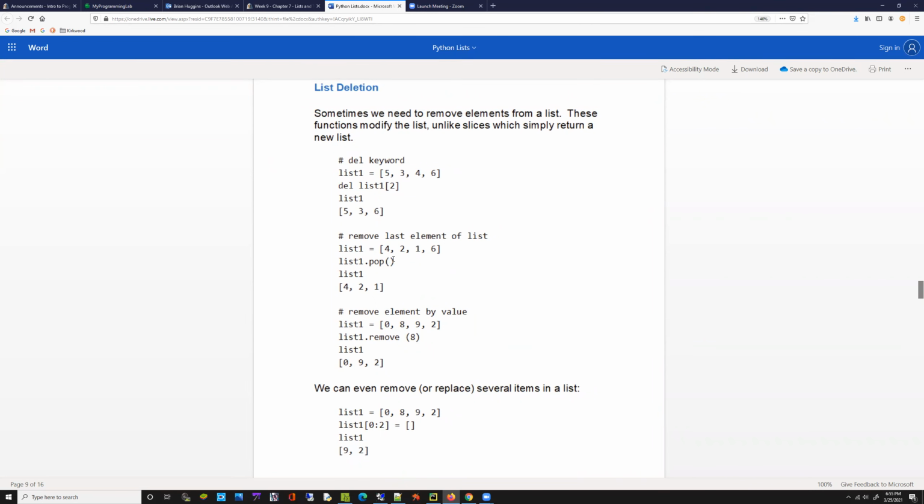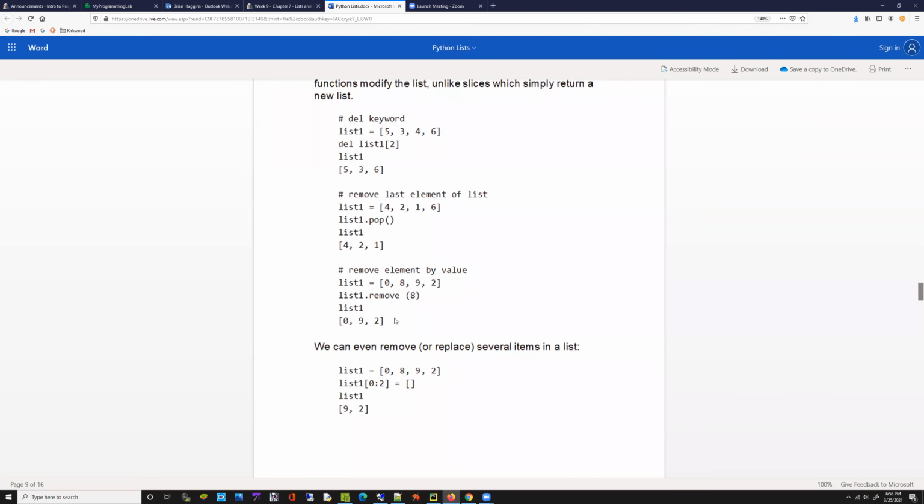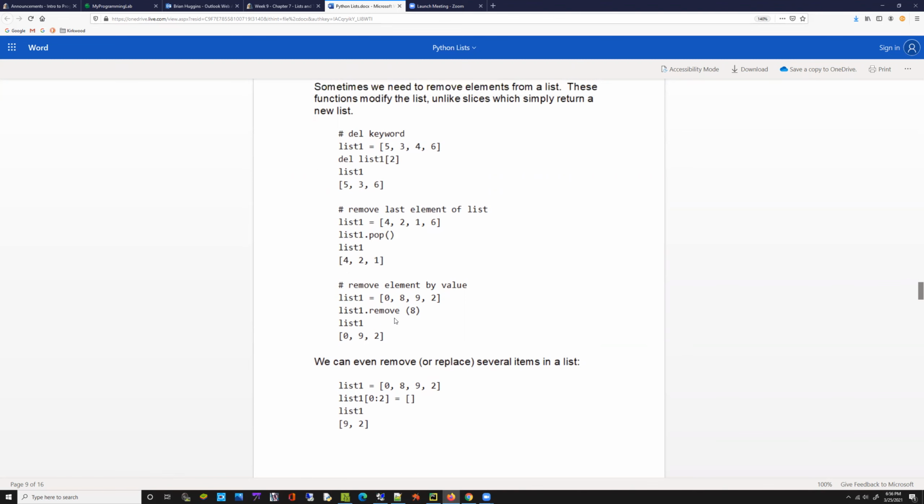There's a function called pop, which gets rid of the last element in the list. That is a function, unlike the del keyword. And then there's something called remove, which takes a value and deletes it. So if this is our list 0, 8, 9, 2, and we want to remove 8, it's going to modify the list, return a new list that doesn't have the 8 in it. So there's a number of ways of deleting things depending on what you're after, but